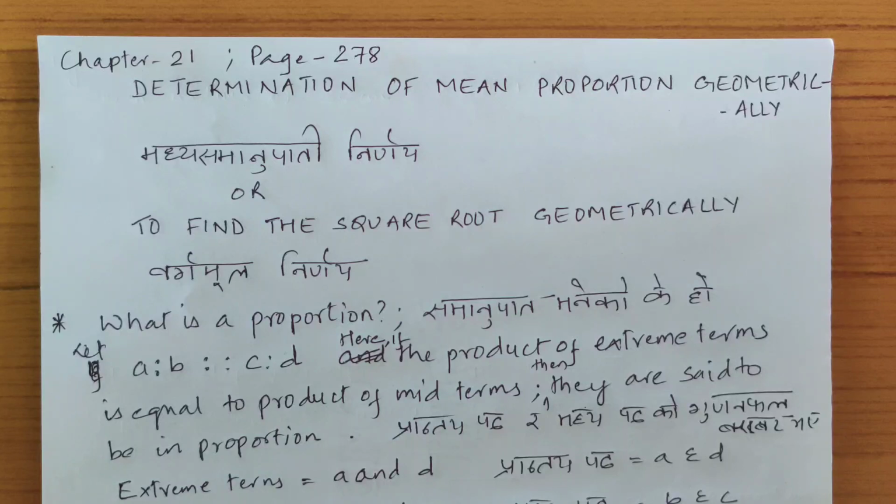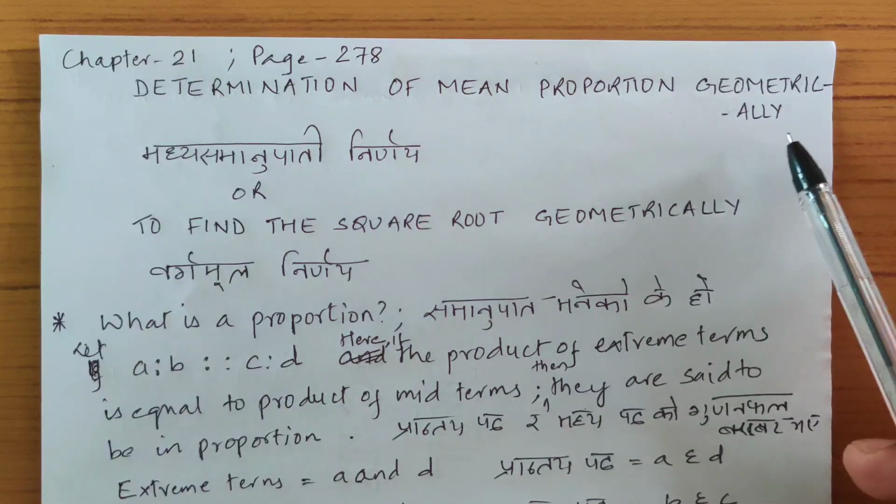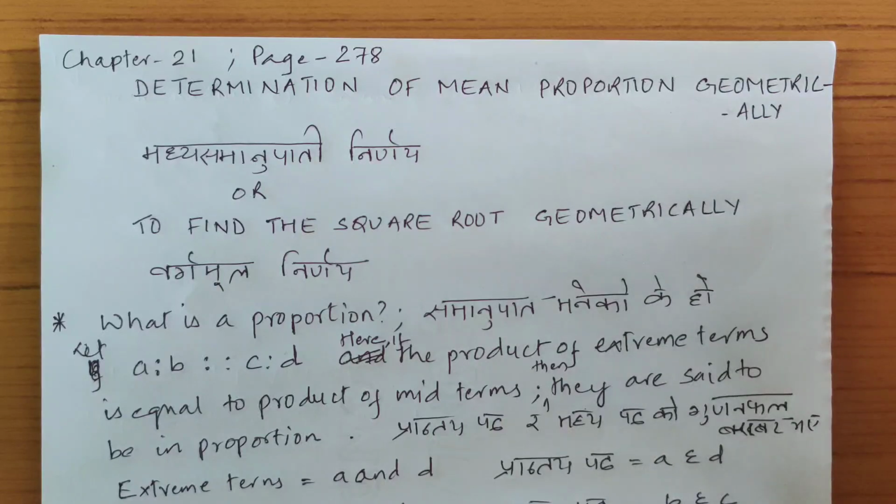So today we'll be discussing chapter 21, page 278. The chapter's name is Determination of Mean Proportion Geometrically. Yes, that's right, not algebraically, geometrically. Or